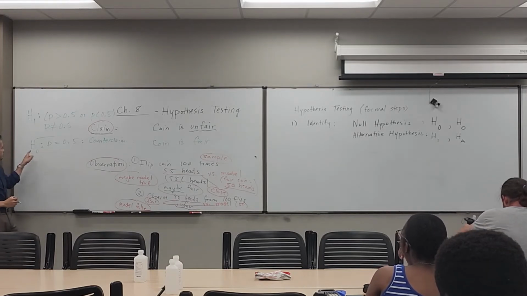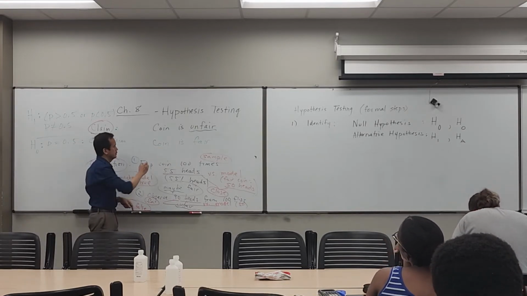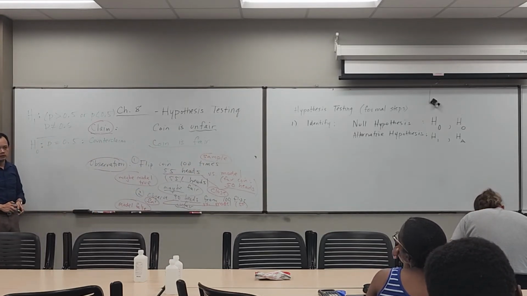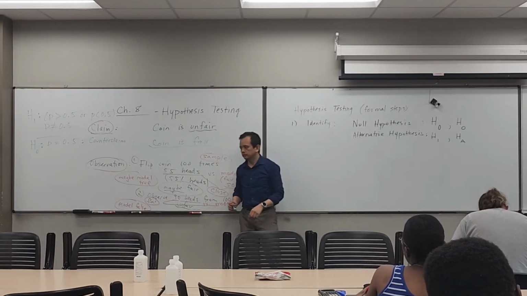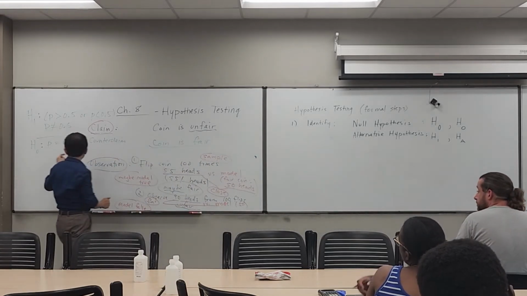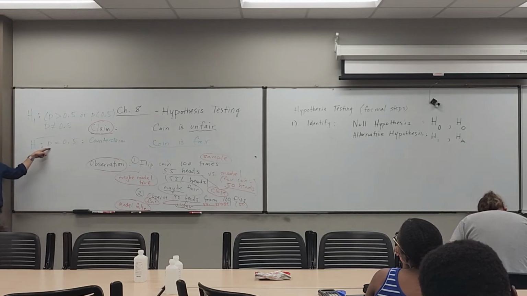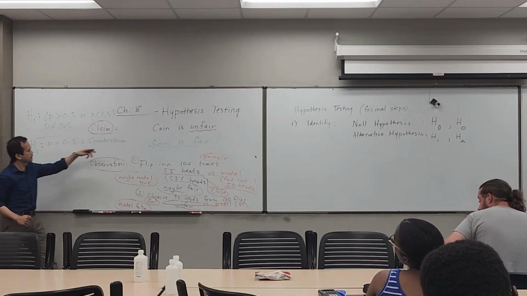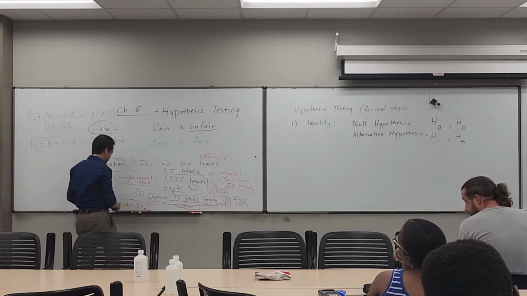So here, the null hypothesis H0 is a counterclaim, which in English is that the coin is fair. So that's step one. We've identified these two statements, H0 and H1. Again, H0 will be the coin is fair, mathematically p equals 0.5. And the alternative hypothesis is the coin is unfair, where p does not equal 0.5. So the next step,